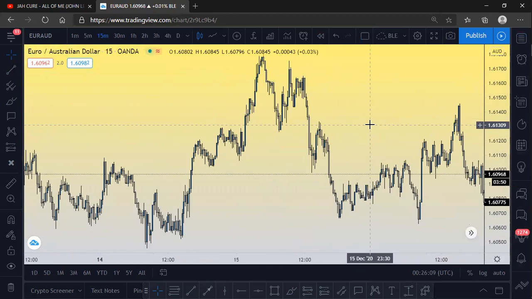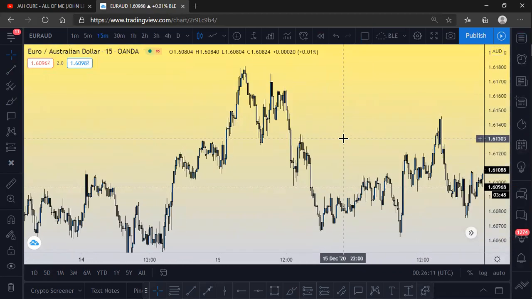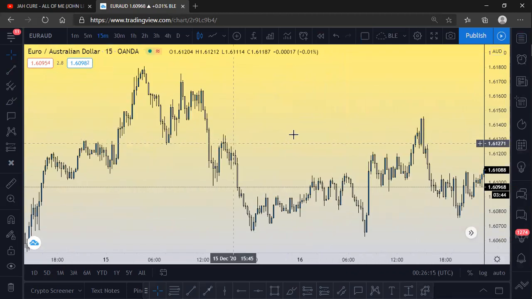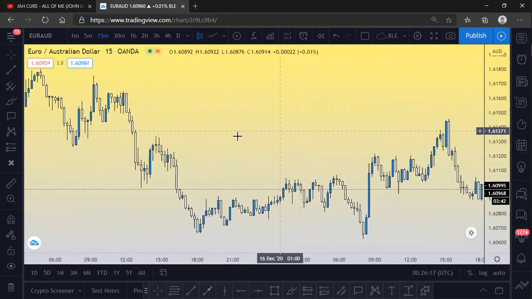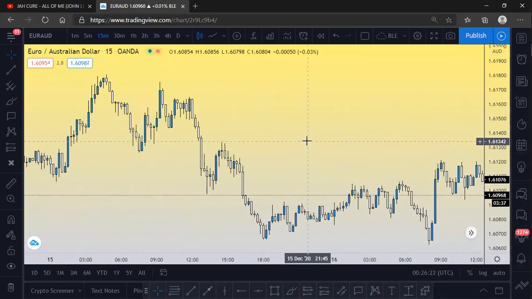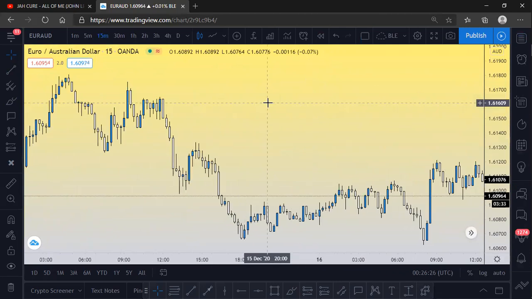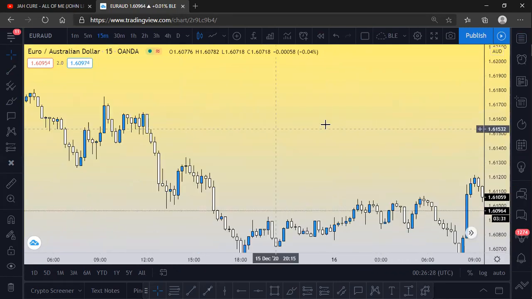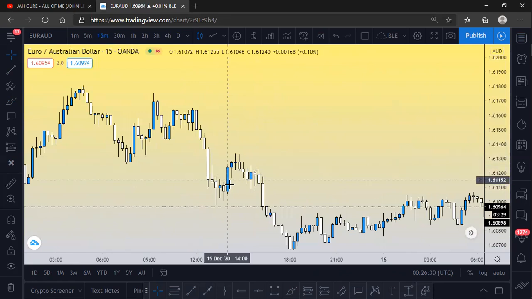So let's see this. Structure, like I said, is not going to be picture perfect. When you come to the market, it's not really going to look like how I drew it very perfectly. The market is choppy, so it will not look exactly like that, but the concept is still the same. This blue candle here is my buy candle. White candle is my sell candle.